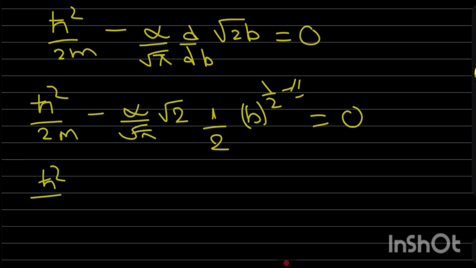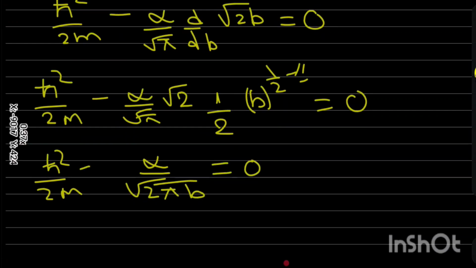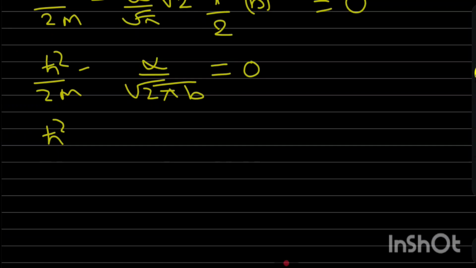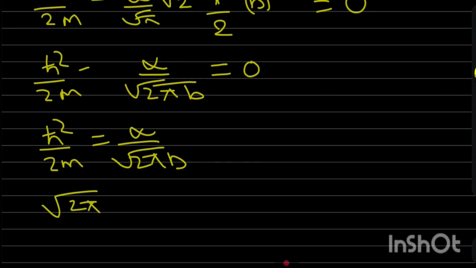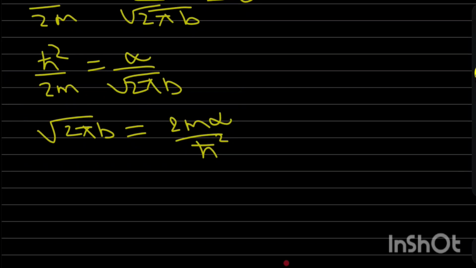Now ħ²/2m minus α divided by √(2π), because I will cut this out, and this will become √(2πb), equals 0. Now ħ²/2m equals α divided by √(2πb), and when I shift this, it becomes 2πb equals 2mα/ħ², and when I square both sides, 2πb equals 4m²α²